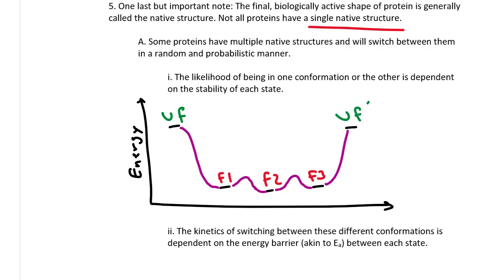Now, these are relatively at the same energy level on the bottom right here. So it is just as likely to find the protein in any of these three states. One is not favored over the other. Now, if I had the case where folded state 1 was a little bit higher, and so was folded state 3,